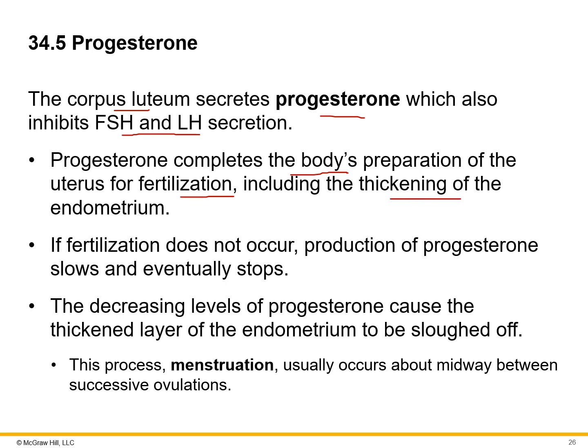So if fertilization does not occur, then that progesterone slows and eventually stops. Then the decreasing levels of progesterone cause the thickened endometrium to be sloughed off, and that leads to the menstruation and the bleeding that occurs about midway between successive